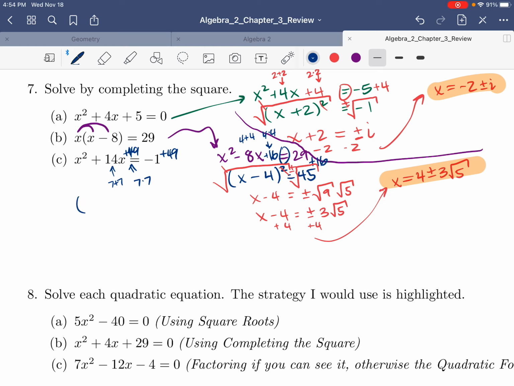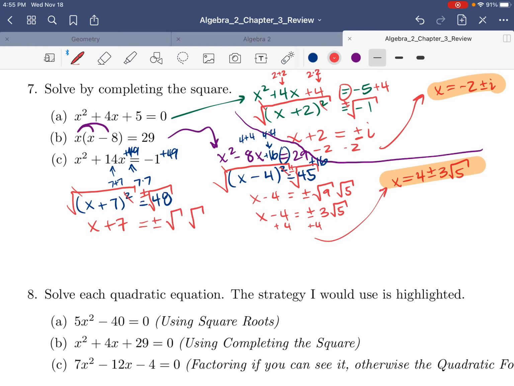This factors to x plus 7 to the power of 2. Negative 1 plus 49 is just 48. At this stage, we're going to square root both sides of our equation to get rid of the square. But don't forget, plus and minus anytime you square root both sides. The square and the square root cancel each other out, which means the parentheses are no longer necessary. We have x plus 7 is equal to plus or minus the square root of 48,